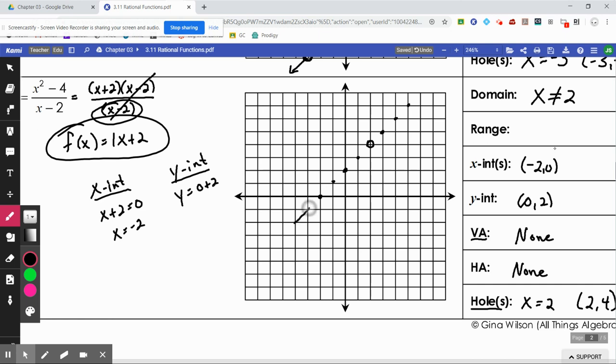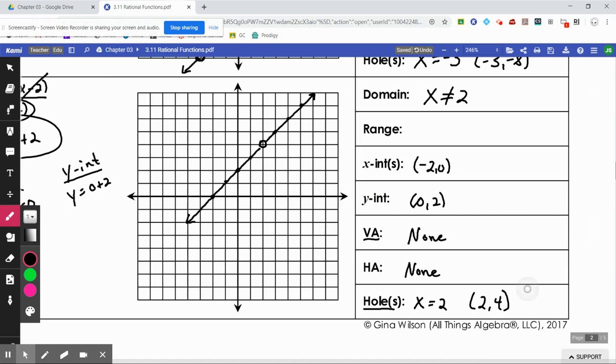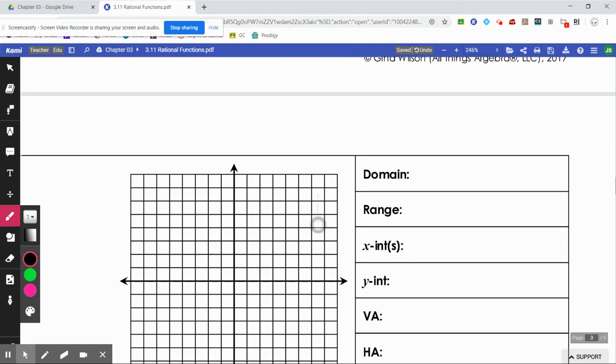Now let's connect our dots. And again, this is a linear function with a hole in it. So pretty much this is the graph of y equals x plus 2 with a hole at 2, 4. So your range will be everything except for 4. The next one,